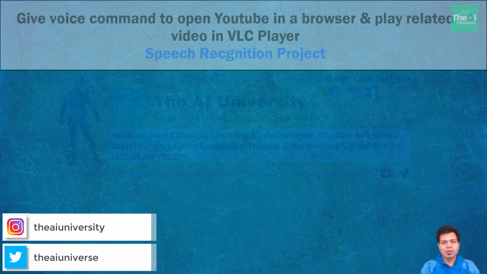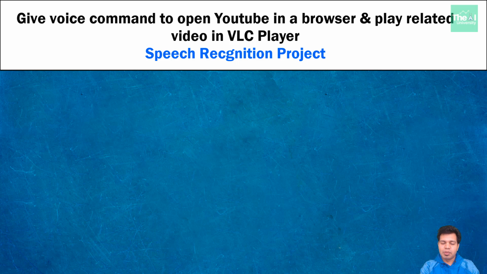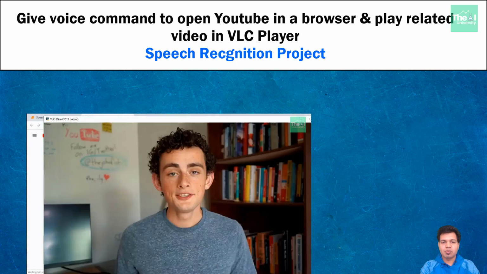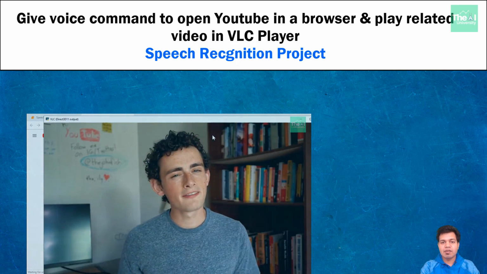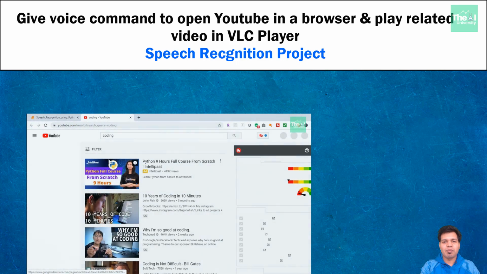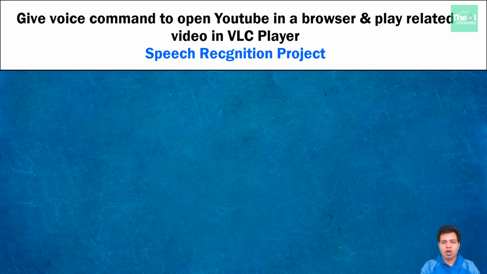This is a continuation of the previous video, and in this video I will go in a step-by-step manner to build a speech recognition based project where a user can give a voice command in his or her computer's microphone so that the speech recognition API can understand that speech. The voice command captured will then trigger a web based query in a web browser to open youtube.com automatically and search for a particular video based on the keyword a user has uttered. After that, it will select one video from the YouTube page automatically, thereby playing it in a VLC media player